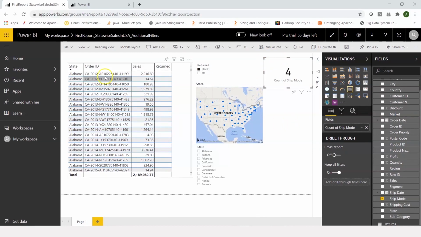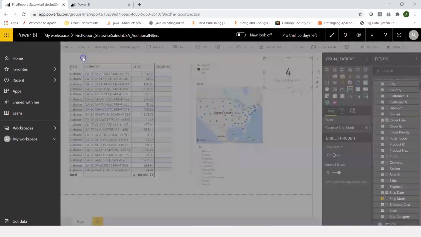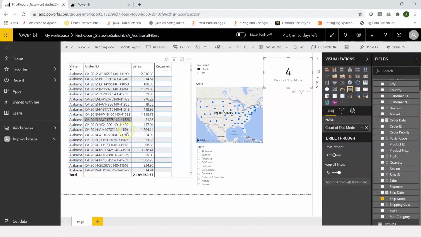Now what we can do is save this, or you can say save as and give a different name. So maybe I'll just say save, because I would want to have this information and the report is saved. So in this way, you can not only create smart visuals, you can not only relate different data sources using data models or relationships, you can add maps, you can add filters, you can add quick questions. You can